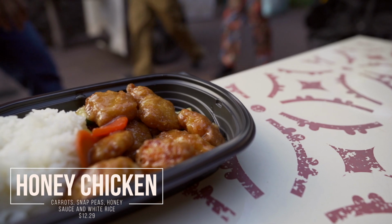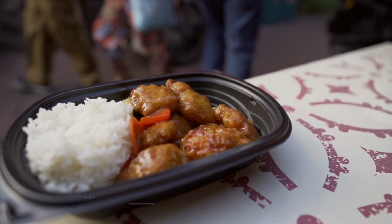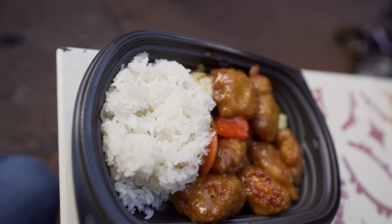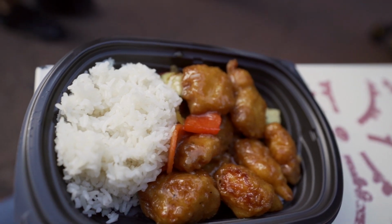For my meal, I got the honey chicken. This is $12.29. It's tempura chicken, carrots, snap peas, honey sauce, and white rice. The chicken was actually cooked really well. It was a white meat chicken and it was tempura battered, and I was actually afraid that it was going